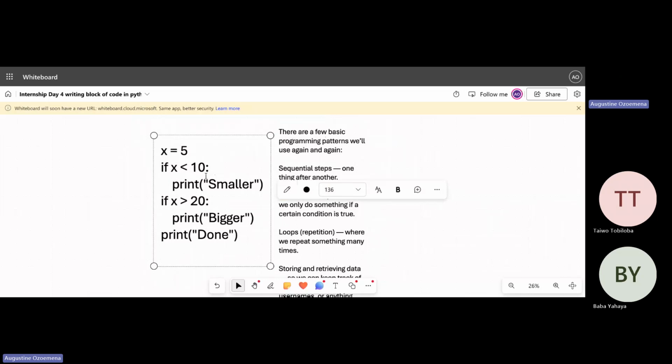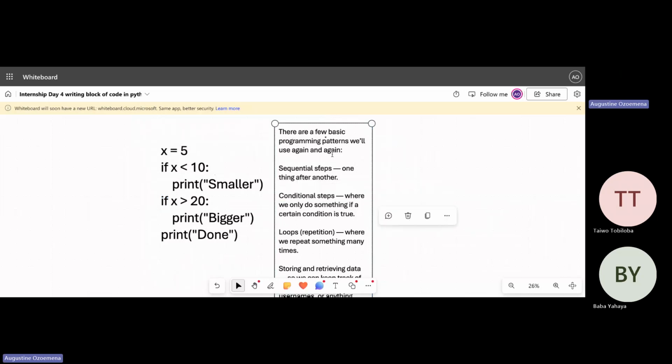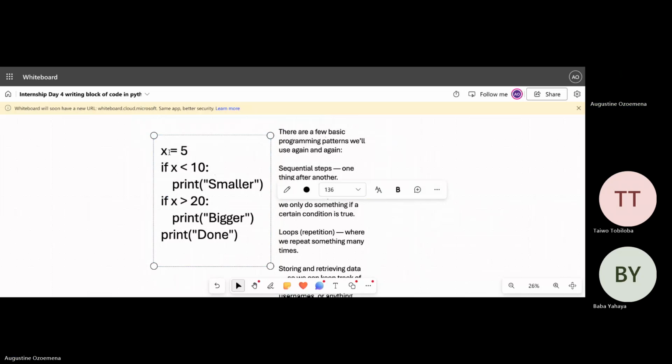In this case, you will notice that we have one of those reserved words that we just talked about. This one is if. So in this scenario, we are telling Python here, hey Python, we have the first line, we have this number called 5, and